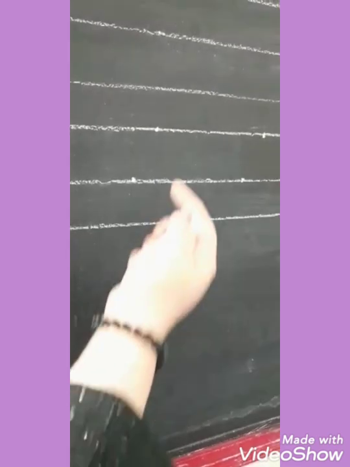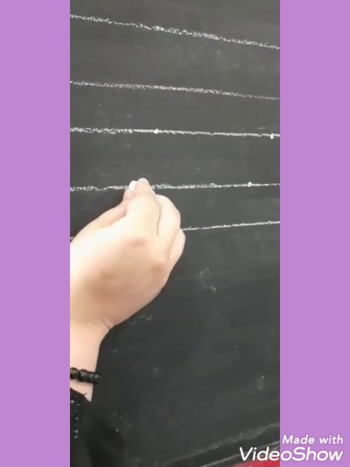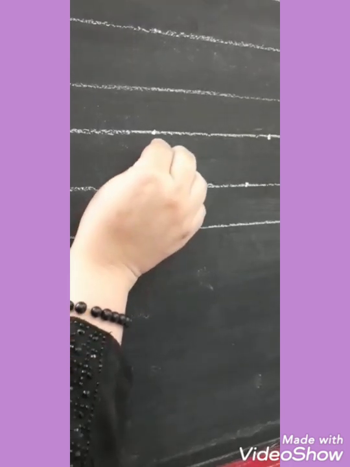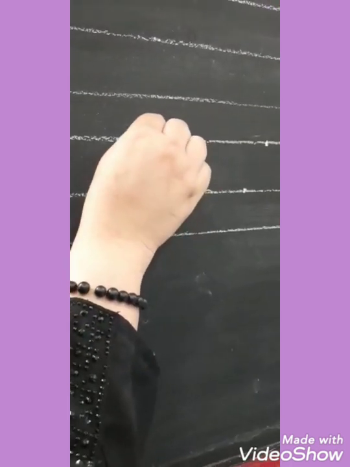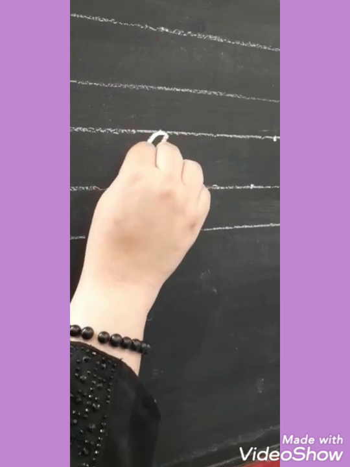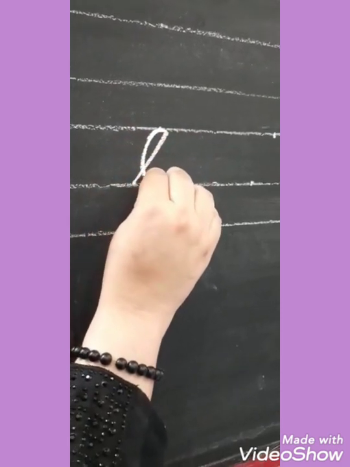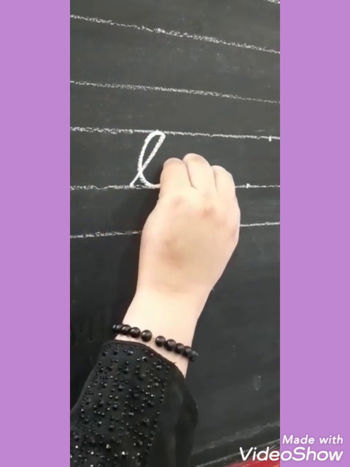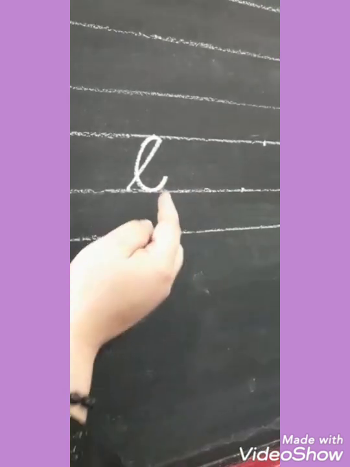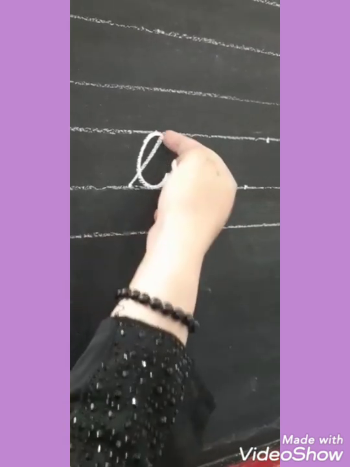The next letter is E. You have given two slant dots like this. E will start from the third line. Put the pencil on this dot, go up, move on the line, round your pencil, come down, make a tail of E up to the line and stop. This tail should be under the head of E.